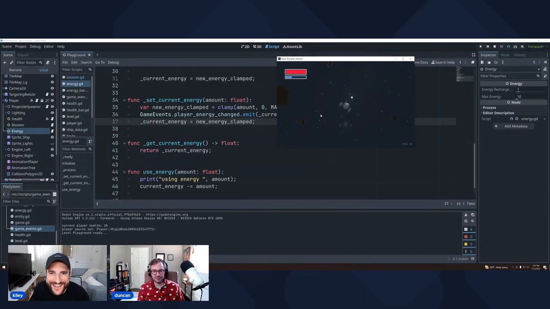Today, we're going to be joined by Duncan, one of my former colleagues, and he's going to be working in Godot, which is a game development engine, writing GDScript as he's working on a 2D game that he's been developing. So you're going to get to see Duncan program in GDScript in Godot, and we're going to see his 2D space game as it comes to life, and we build an energy bar. But along the way, we're going to talk about Duncan's career and how he got from web development into game development and what he's doing now.